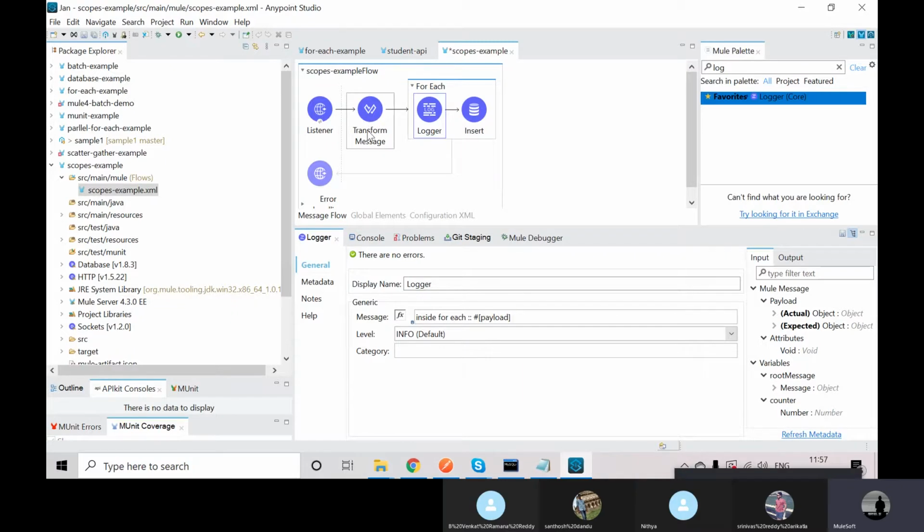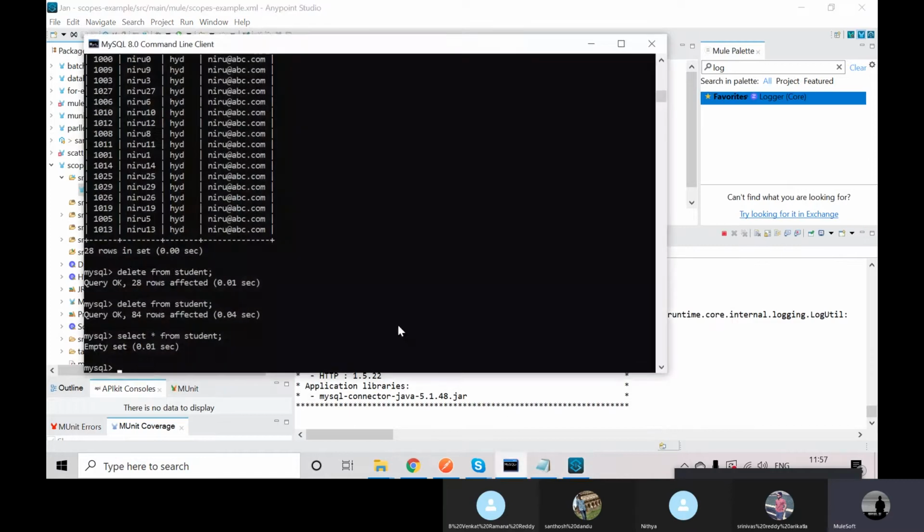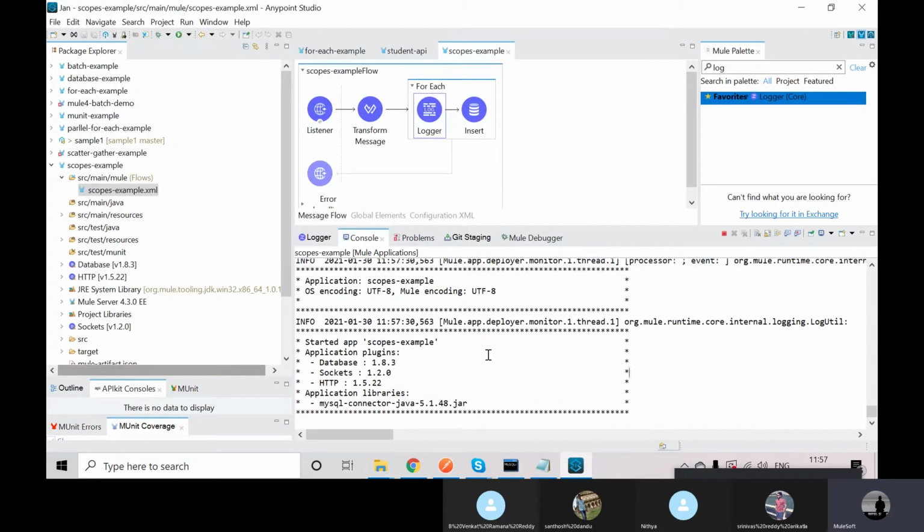From here we will get all 30 records at a time, right? But inside for each you will get only one record at a time. So that single record is going to be inserted every time into the database. Now I'm checking in the database also, performing select star from student, but still it is showing an empty set.